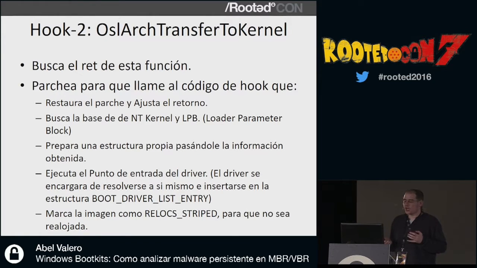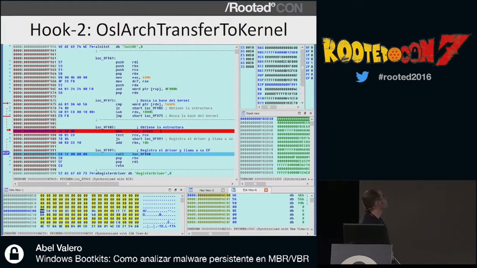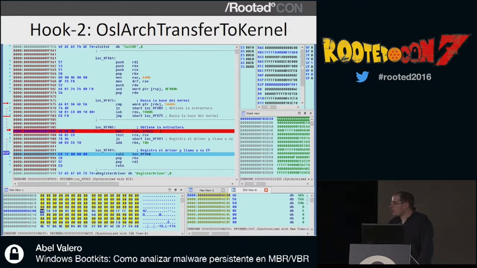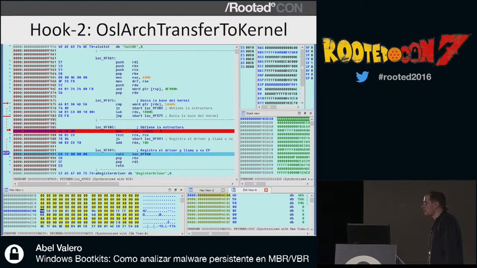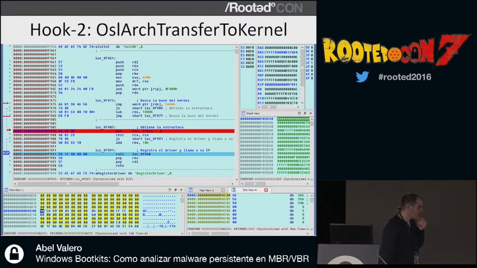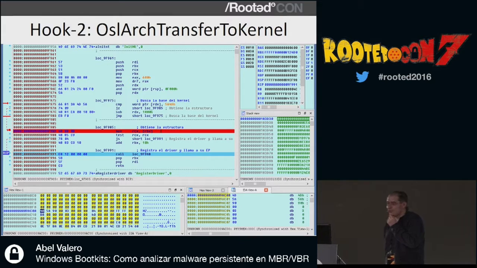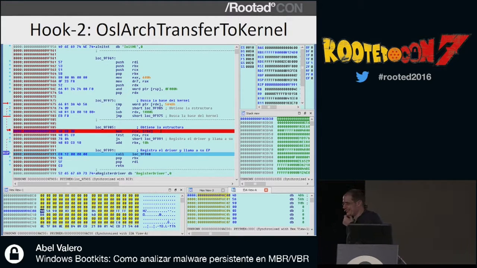It is lodged, and I want to load it. It has to be loaded in some place, so it's going to look for certain structures, the kernel base, and it looks for something called a loader parameter block. No information about this anywhere. I don't know what the Russians got from that. They were hidden. I have to do so many things. I talked to a colleague who could access this information. I never heard back from him.